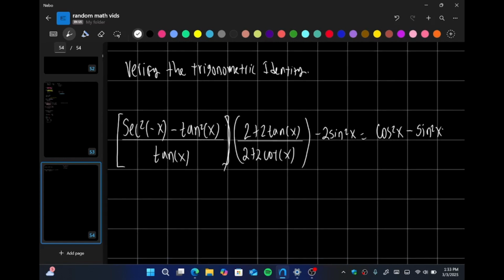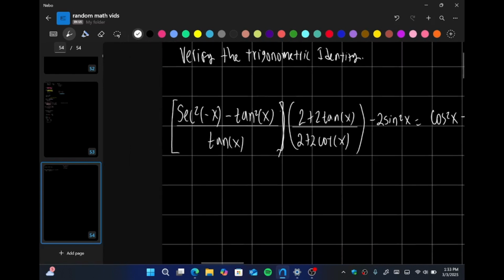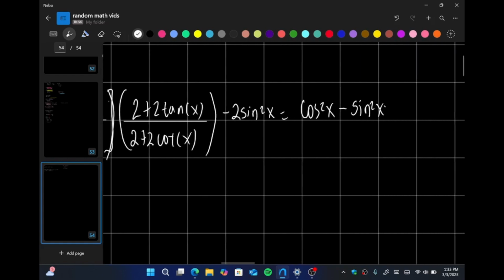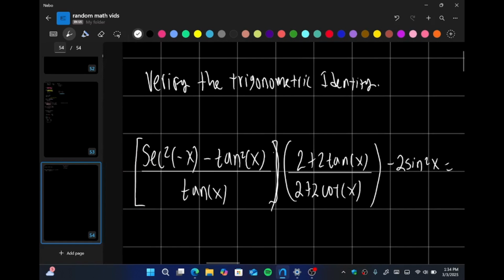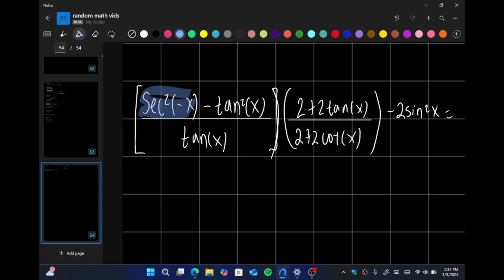So the first thing I want to do here, guys, one of the things that we need to understand is that you always work on the more complicated side. That is something that we just must remember always when trying to do these. And we must make it look like the right side. That's why they're called identities. So here, we're going to go ahead and, now this first part right here, what we want to remember, guys, is that this here